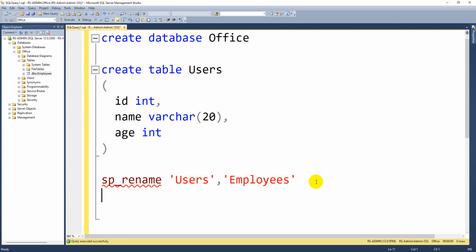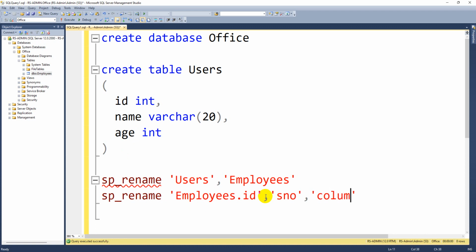So in DDL commands, one more thing, in case you want to rename a column name, suppose instead of ID I just want to name it as serial number, then I can write the table name, dot, the existing column name, ID, and after that the new name that you want to give, serial number. Since it is a column rename operation, additionally I have to write column, then the system will understand it is a column rename operation.